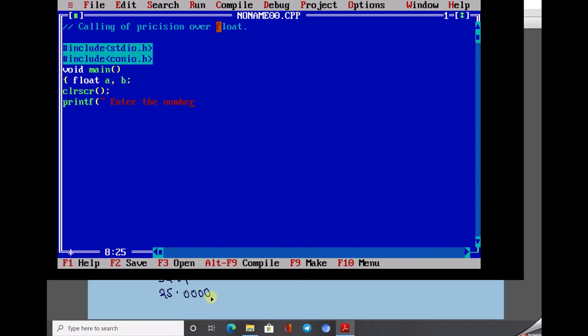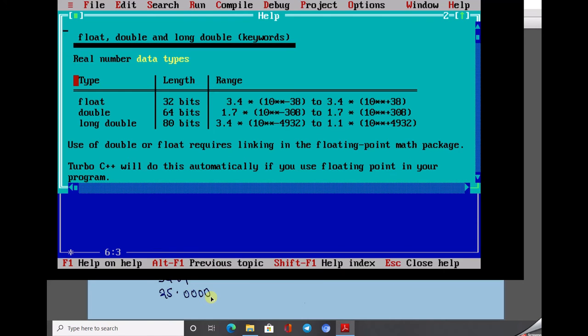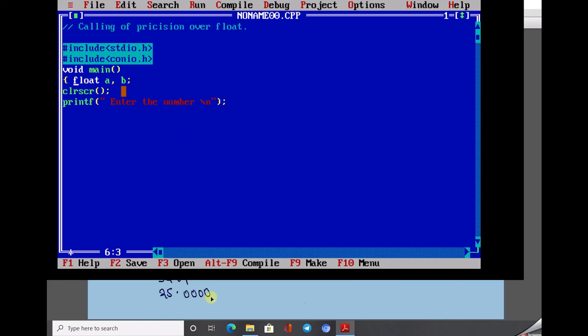I also want to change the line, so I type the slash n, then close the quotes and then a semicolon. So please, class, be careful, I write here each and everything for you, so that you can easily understand the writing style.